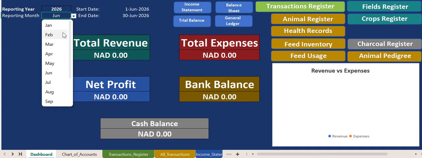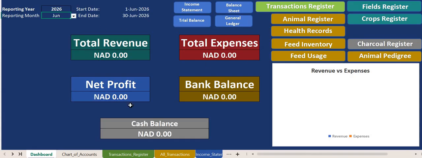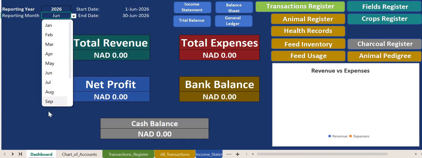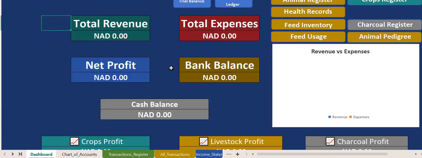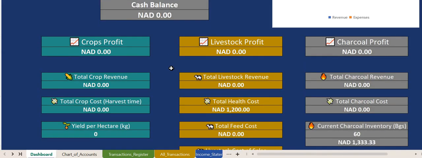When you select the month, let's say, for example, June, you are going to see the transactions and the balances from the beginning of that year up to that month. Or you can say, no, I want all the months, so then it will start from the 1st of January up to the 31st of December. When you go a little bit down, it starts to give you